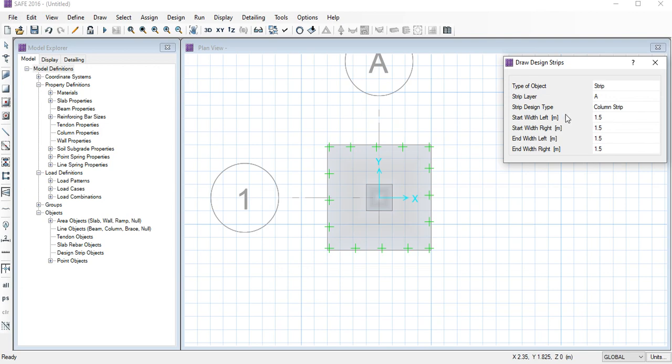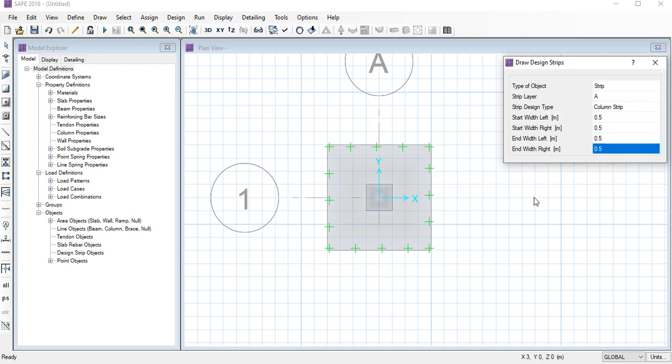And the column strip, yes, it's a column strip, and this is the data. I will put here 0.5, and I will also put here 0.5, and here 0.5, and here also 0.5.